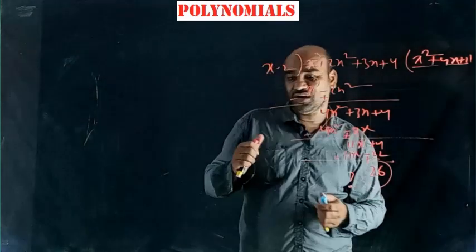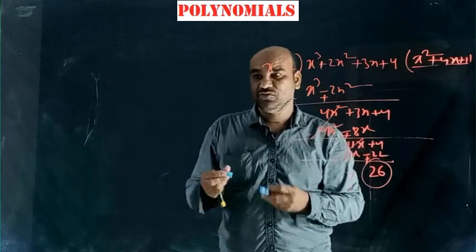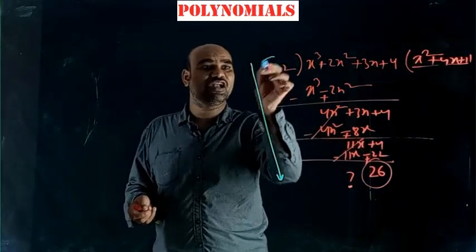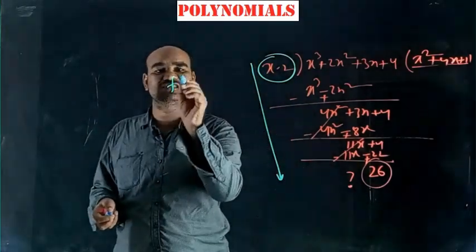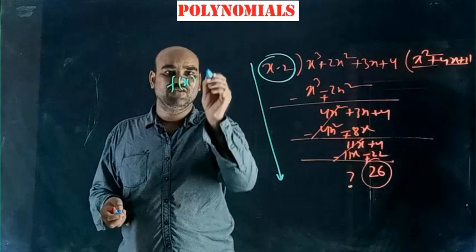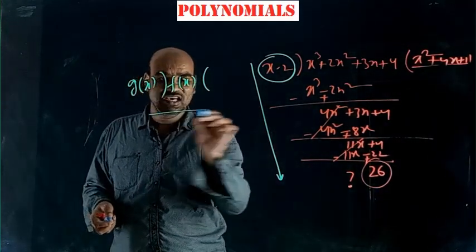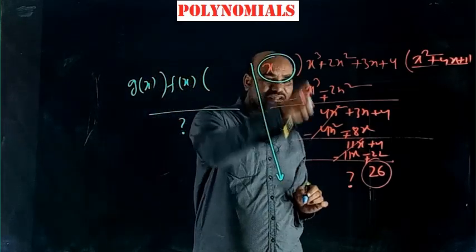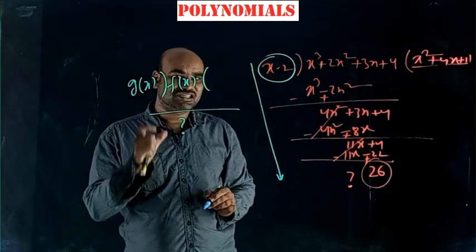But here I want to explain an important theorem called the remainder theorem. By using the remainder theorem, you can find the remainder. When your divisor is a linear polynomial, that is, f of x is a polynomial in x and this f of x is divided by a linear polynomial g of x, directly you can find the remainder using the remainder theorem without using the long division method. So what does the remainder theorem say?